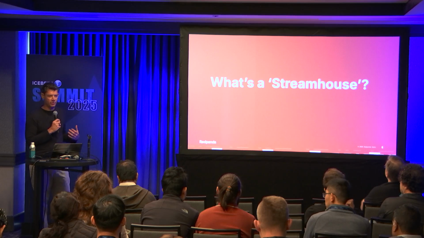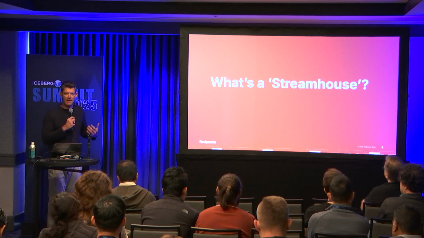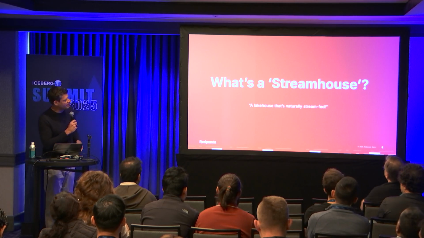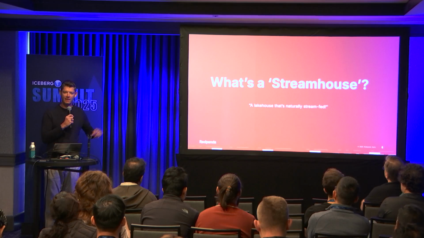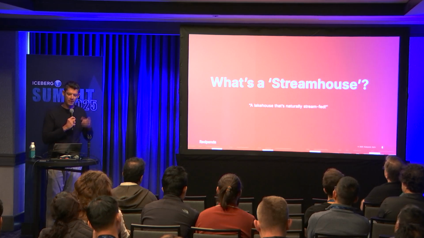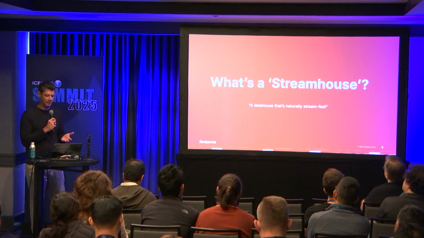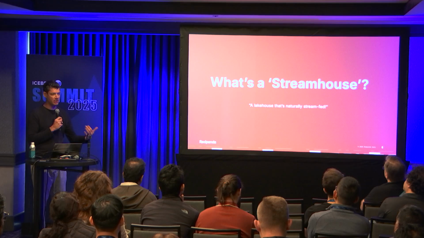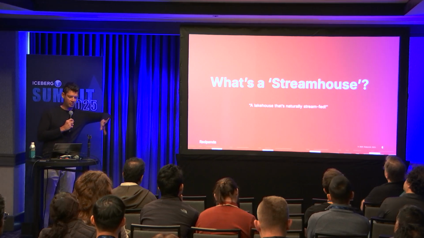Why can't we do that for streams? And why can't that be sort of automatic and inherently built in for streams? So a lakehouse that's naturally stream fed, as I like to say. The streams are constantly and always updating these tables in the data lakehouse, and every stream is a table inherently and automatically. It's not the only thing in your lakehouse, but there's this sort of streaming corner of